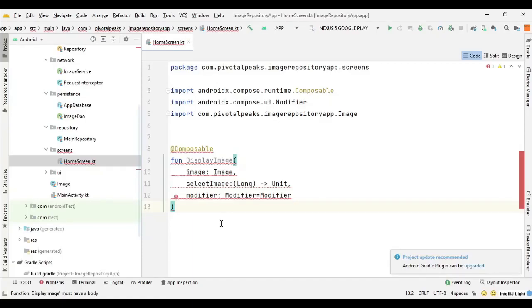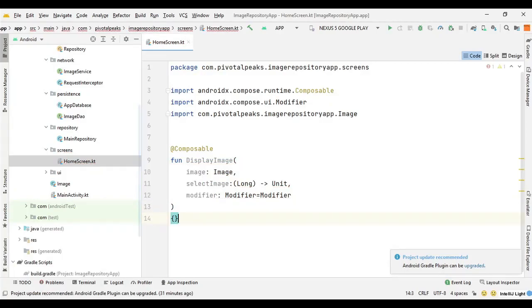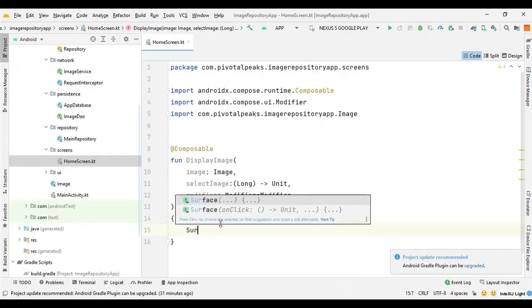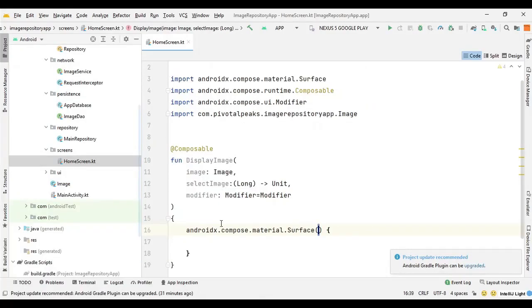For example, if we want to set a background or give a padding to an image, then we will have to use modifier. So inside this function, we need to have a surface. So let's say Surface, and we need to remove the import here.